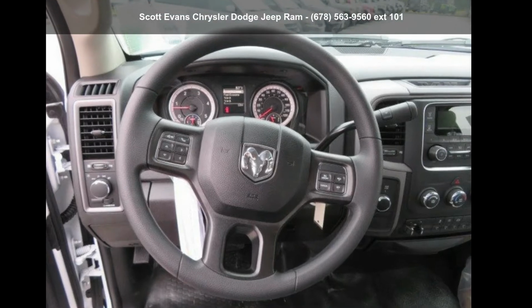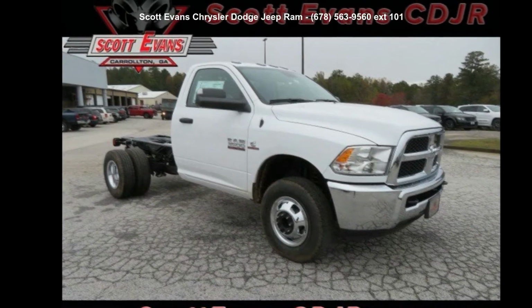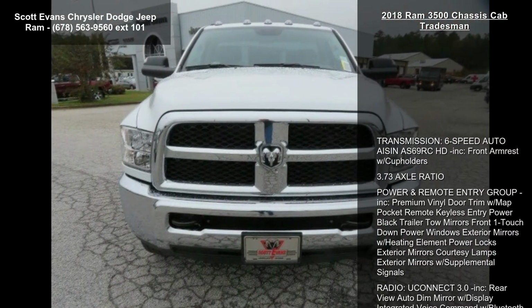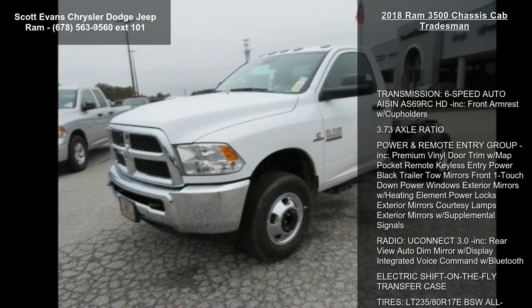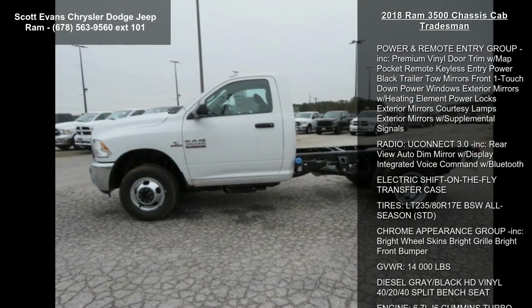Check out this Ram 2018 3500 Chassis Cab Tradesman. If you are looking for an automobile with great features, look no further. Some of the top features included with this vehicle are transmission, 6-speed automatic AS69 RCHD included, front armrest with